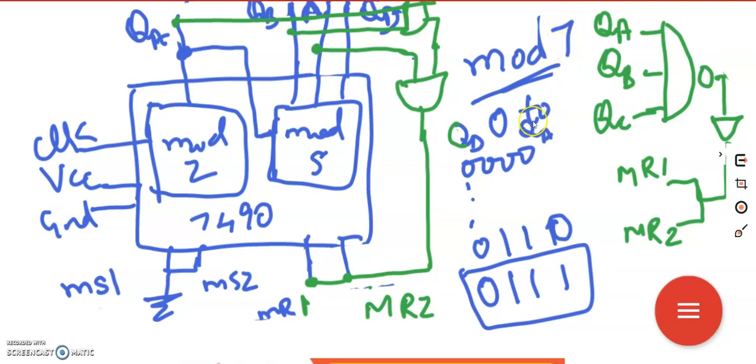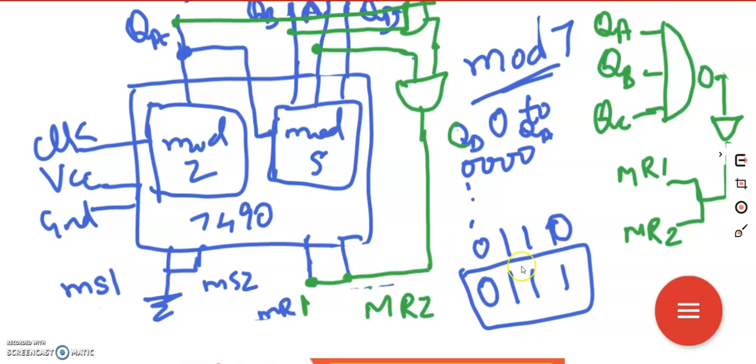So I just repeat, whichever mod we are realizing, in this mod, what are all the varied states? What particular states do we need to reset? So in this mod, it was this state we need to reset. So in this state, what are all the bits that are high? We need to provide these high inputs to the reset pins. Since there was 1 high input, 2 high inputs, we could connect it easily. Now there are 3 high inputs. I can't connect it directly. That's the reason I'm using these AND gates in between. So it has to give the result only when all these 3 bits are high. Only then I'll be resetting.